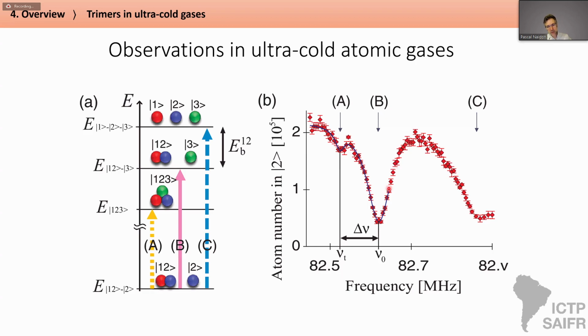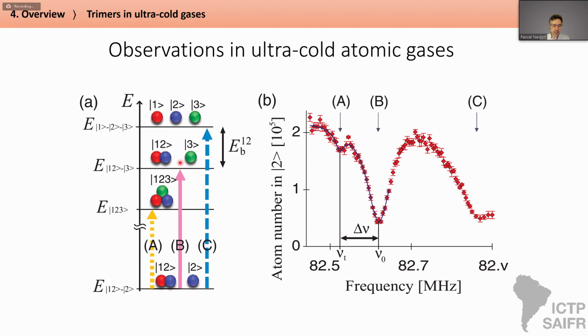But then you will see other peaks, and they correspond to the transition where you go to this state, where you not only change the state of this atom from 2 to 3, but you also bind these two. Sorry, I got it backwards. In this case, you have enough energy to actually separate the three particles, and for that transition, you simply change the state of this